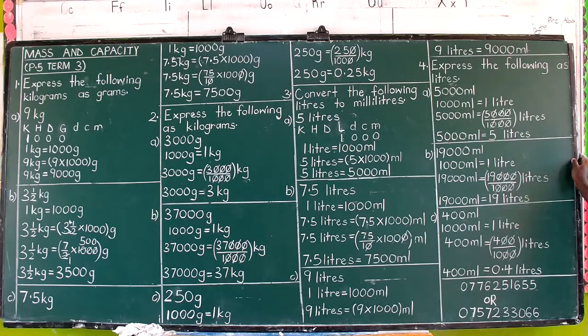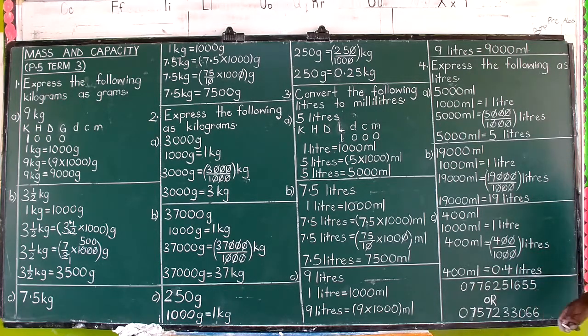What about part C? Express or convert 400 milliliters to liters. So this is going to be a fraction also. Why? It doesn't make a full liter. Because the full liter is 1,000, so we are converting only 400 milliliters. We shall have to get a decimal fraction or a common fraction, but all in all it's going to be a fraction. 1,000 milliliters are equal to a liter. What about 400 milliliters? That's 400 out of 1,000 liters. Cancel by 10 by 10 by 10 by 10. Remain 4/10 or 4 out of 10, which means 0.4 liters.